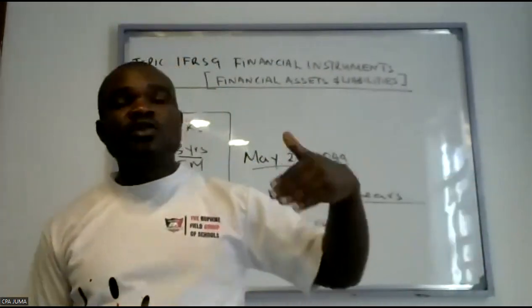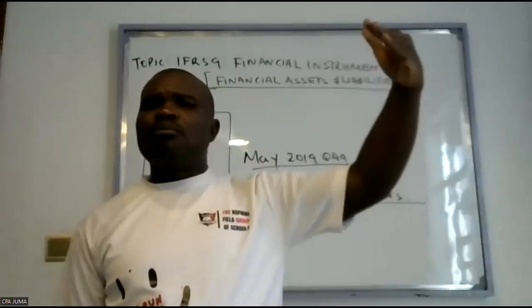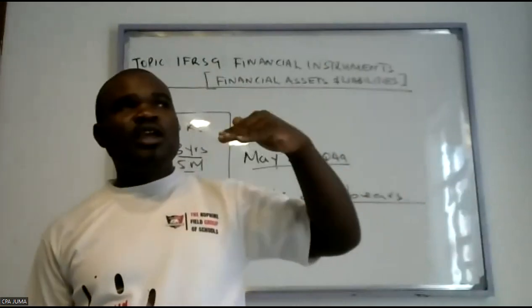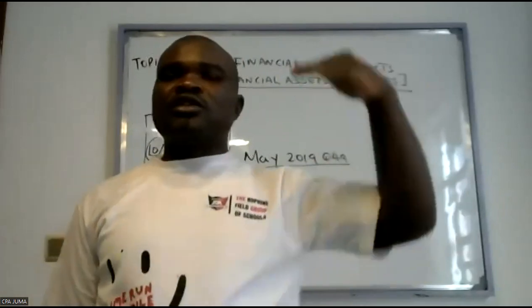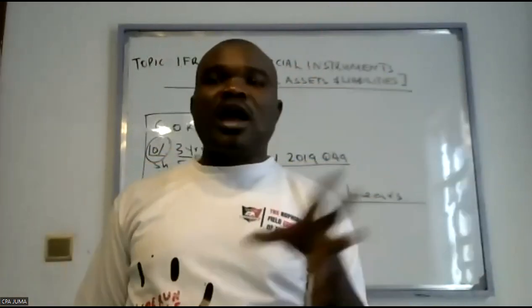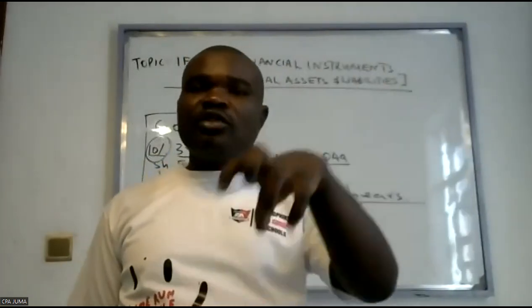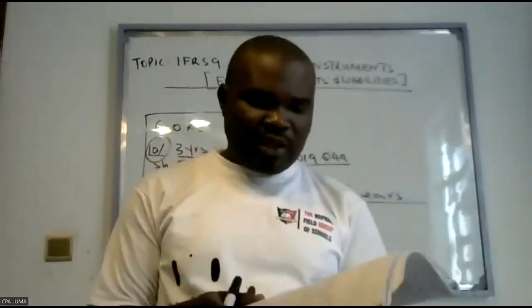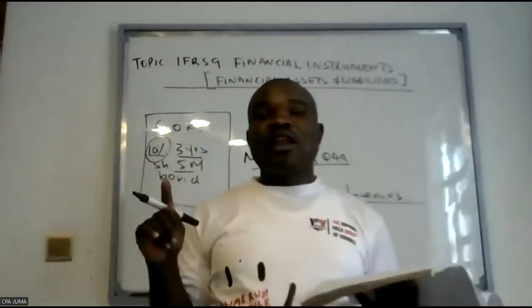So as time goes by, because this is a long-term bond, you will be increasing, then you reduce with the interest, increase, reduce with interest as time goes by. So that is called amortization. So amortization is that reduction in value of the bond as time goes by. So the examiner can ask you,